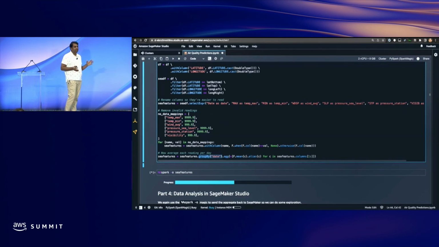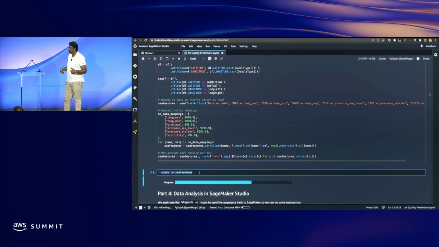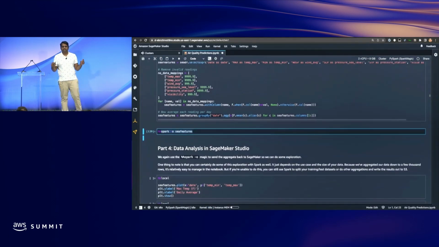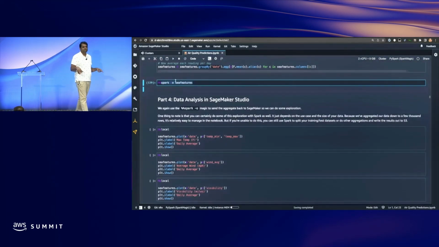So what would we do? Once this weather data has been aggregated in Spark, now that we have aggregated data, we'll pull it out. Spark-O is get out from Spark. So we get the data frame from Spark, reading the data from Spark into your local notebook. So what did we do? We processed two data sets in Spark and brought aggregated data back to the notebook. So now we have two data sets.